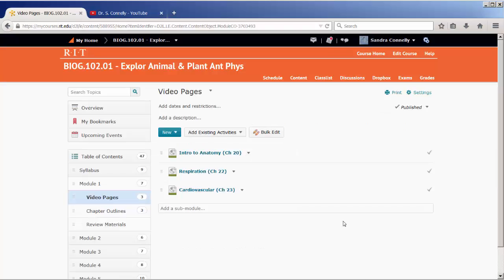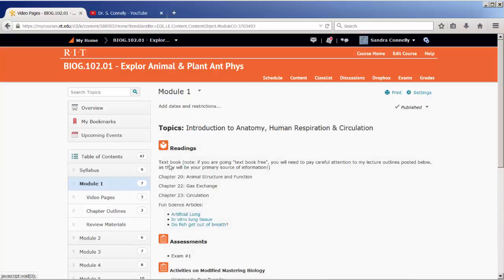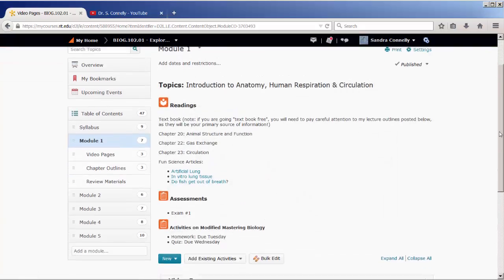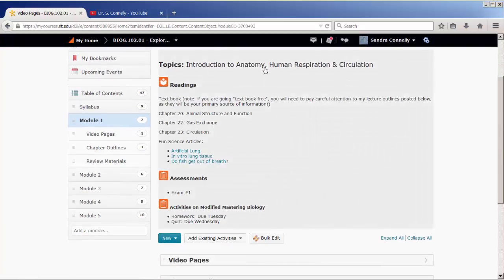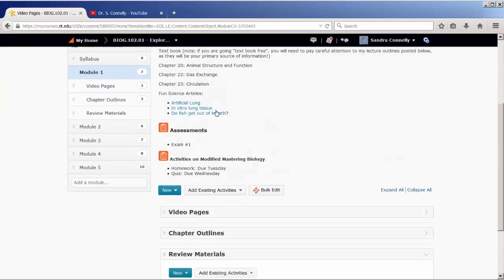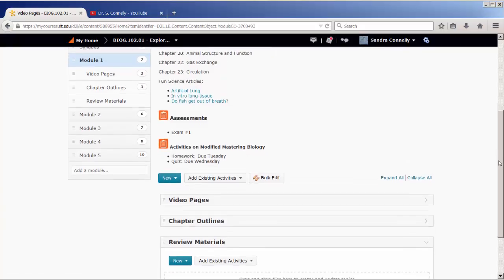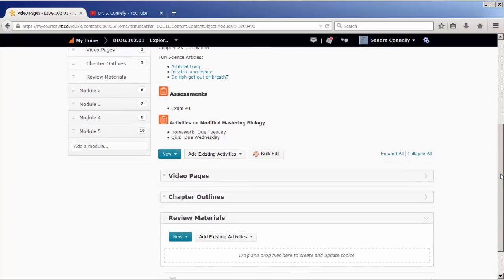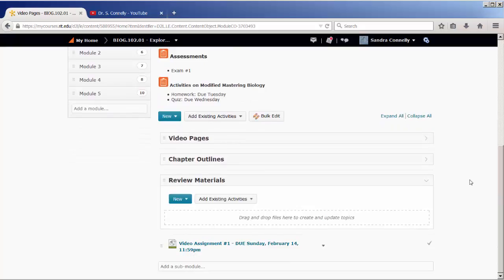Okay, so when you get into the actual content, these are by modules here. You see if you click on module 1, this is for exam 1. We look at Introduction to Anatomy, Human Respiration and Circulation. We already mentioned that to you. It gives you the chapters if you have the textbook to work along with. Fun science articles that go along with this. I would never test you on those, but it might help you to connect content,